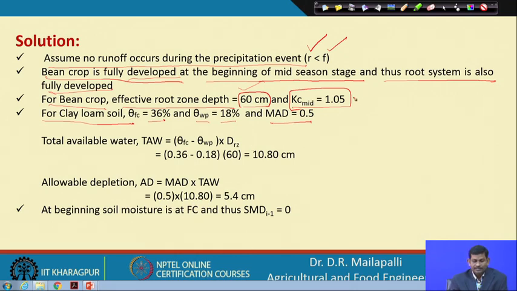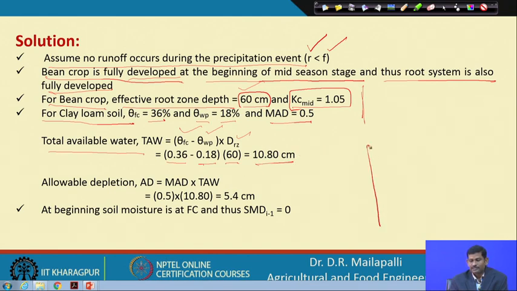With this information you can find the total available water, which is theta FC minus theta wilting point into root zone depth. If they are all on a volumetric basis, then you need not multiply with apparent specific gravity. So, 0.36 minus 0.18 into 60,